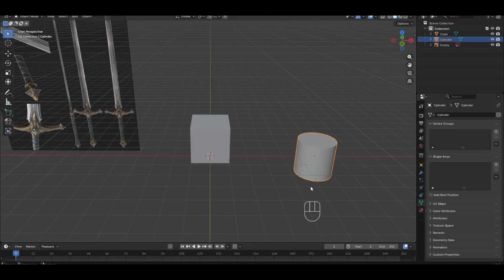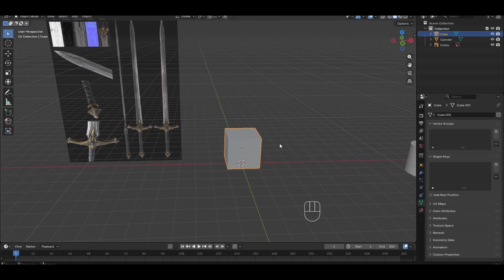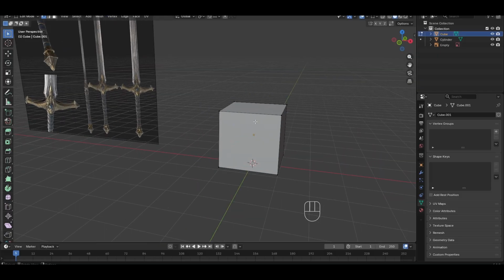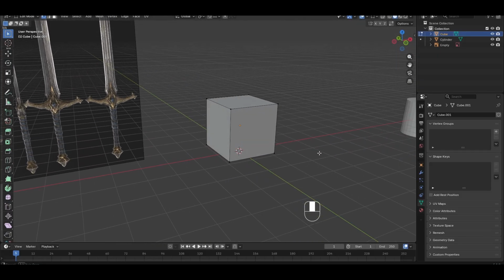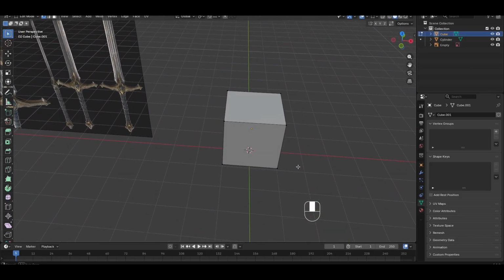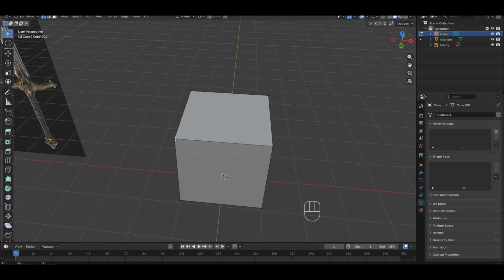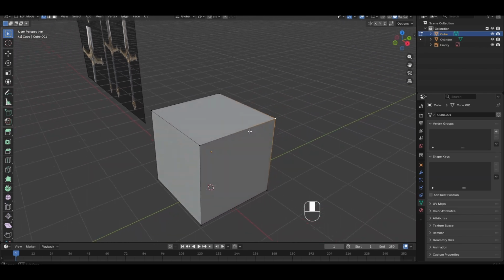I will just move this cylinder, hit G, X, and move it along the X axis. Now I will select my cube, go into edit mode with Tab. And now I need to tell you and show you the most important thing about 3D in games. In 3D, we have these dots that are called vertices. We have edges